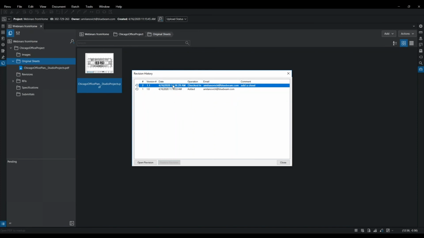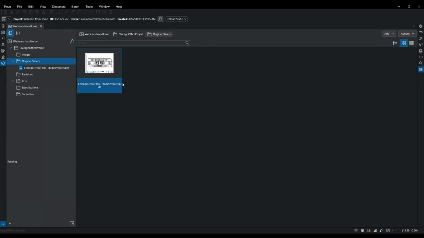When somebody checks out the file, they won't be able to mark up on this version because I've restored to this version, and it'll continue to stack all of those revisions and those versions in this list here that you'll be able to see. Now, a couple other options I want to point out here as we're closing down for